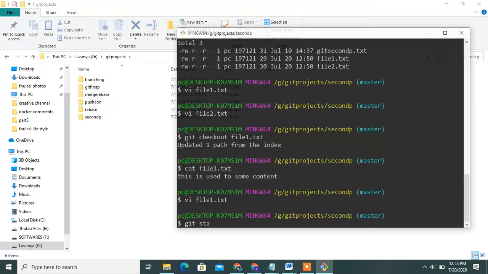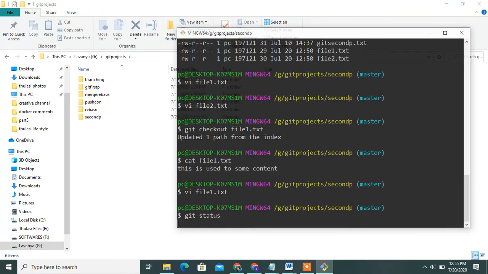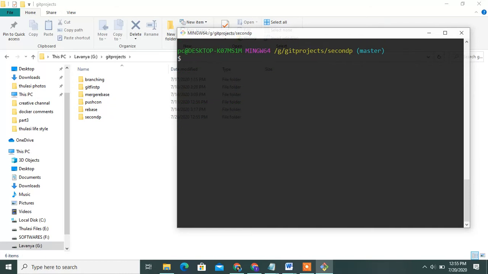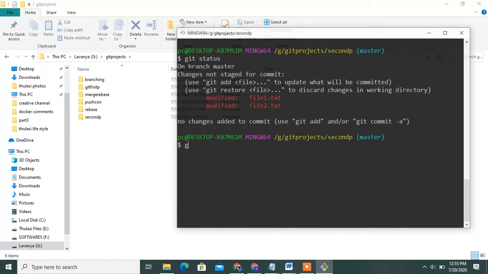First we can show git status, then cat file1.txt. See, this is 2 lines of content.